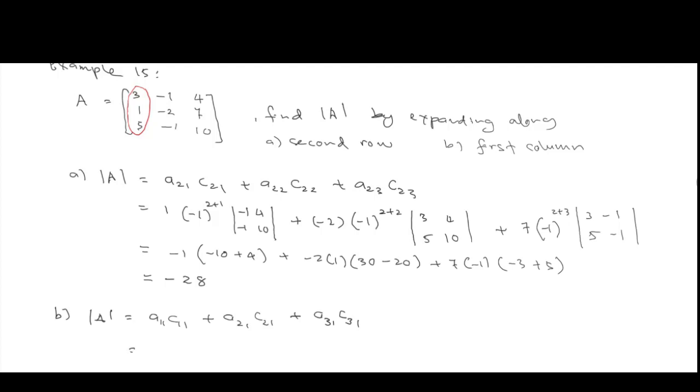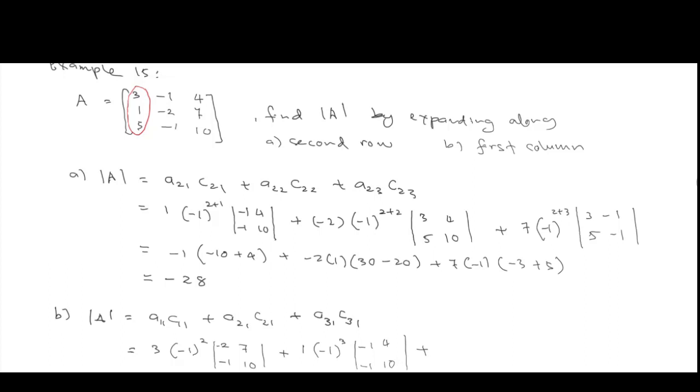So, the first element is 3 multiplied by negative 1 to the power of 2 multiplied by the minor. The minor is, we are going to delete the first row, first column, so we are left with negative 2, 7, negative 1, 10, plus the element in the second row, first column is 1 multiplied by negative 1 to the power of 3 multiplied by the minor. The minor, we are going to delete the second row, first column, so we have negative 1, 4, negative 1, 10